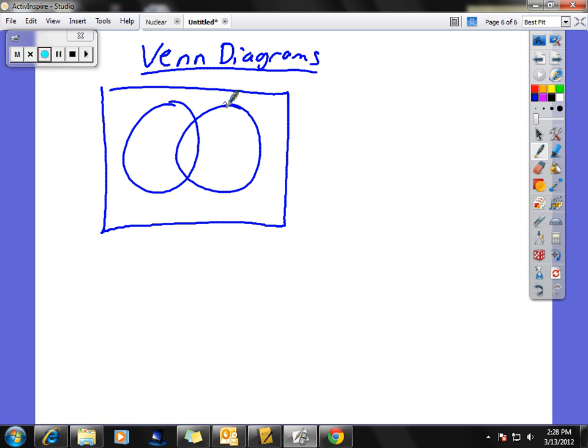So if we call this circle, let me do this in another color. Let me do red over here. We can call this circle something like sports, and the other circle something like arrow. Well, yeah, so they would be two things that are not mutually exclusive from each other. Okay? So this is the red. You could think of the red as the probability of A. Alright? And the blue circle would be the probability of